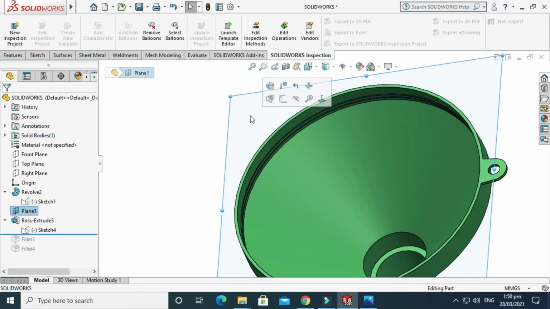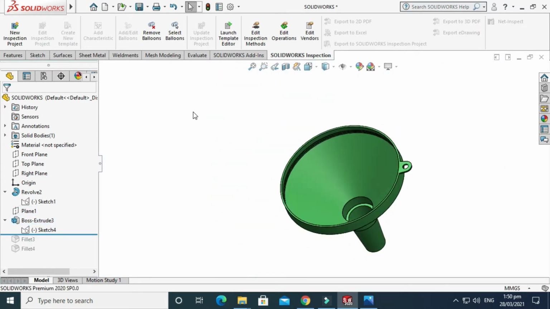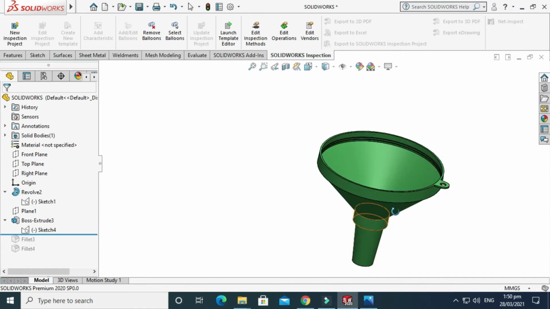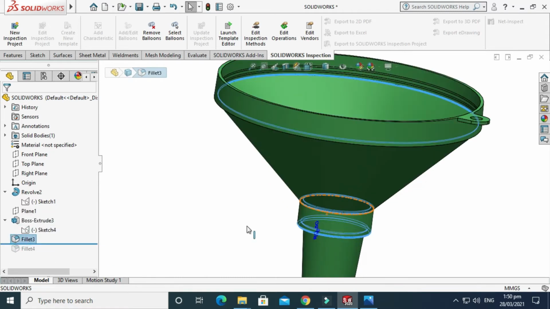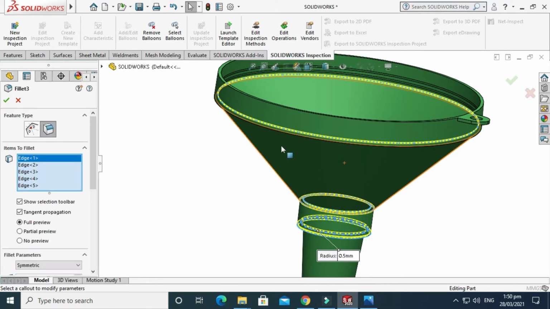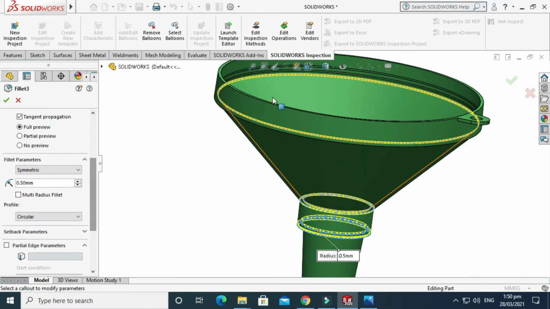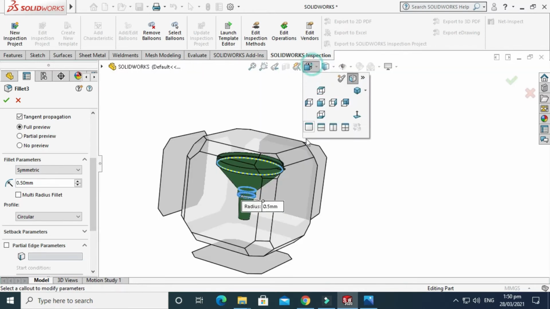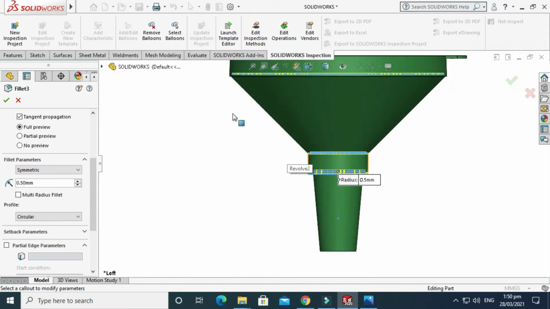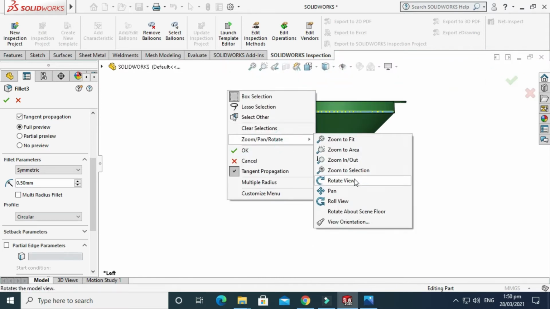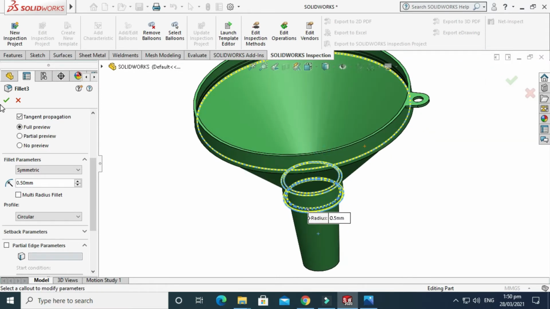And now I have to hide this plane, and in the end I have shown some fillets, a fillet on this side. Just expand it, edit feature, and there is a fillet of, let's say, 0.5 mm on 3 sides of this funnel. In fact 1, 2, 3, 4 and 5 sides of this funnel.